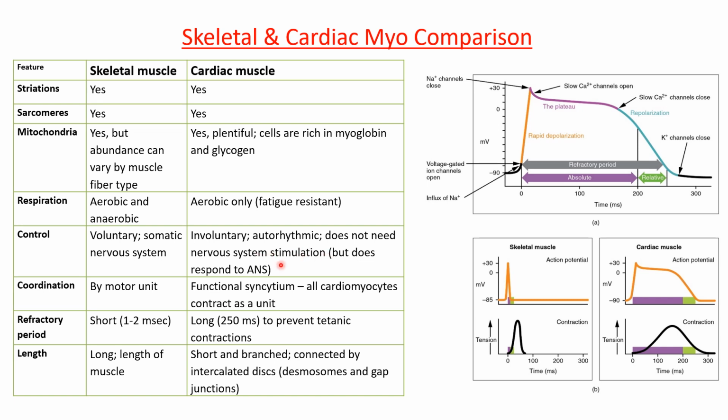It is responsive to hormones from the autonomic nervous system, and a normal heart that you're born with does have a little bit of innervation from the autonomic nervous system, but it's not essential. It's generally an autonomously beating, contracting organ. Skeletal muscle has individual motor units that you can recruit. That's one of the ways why you can have differential strength of skeletal muscle contraction, depending on how many motor